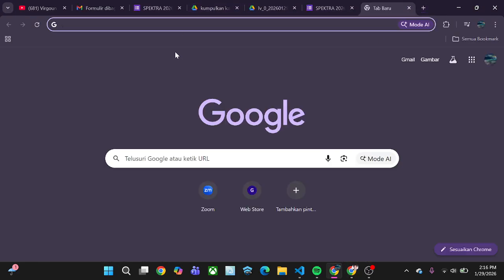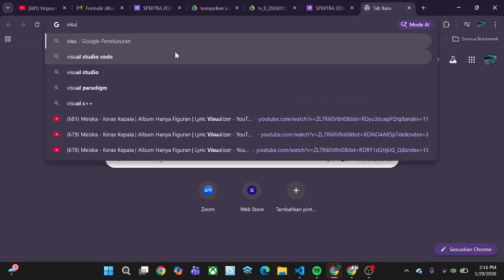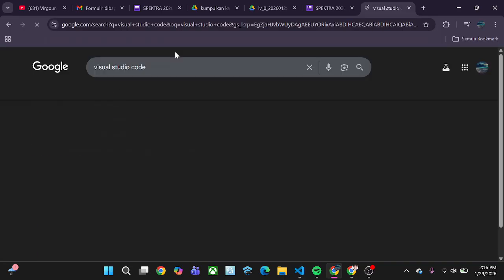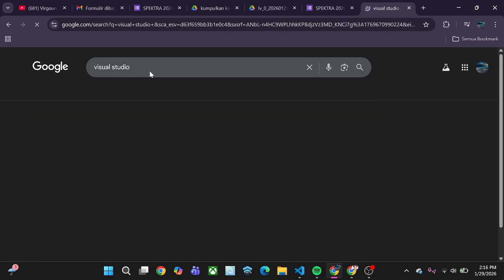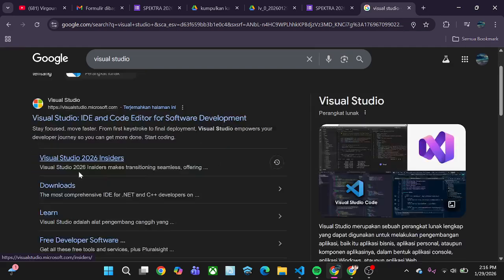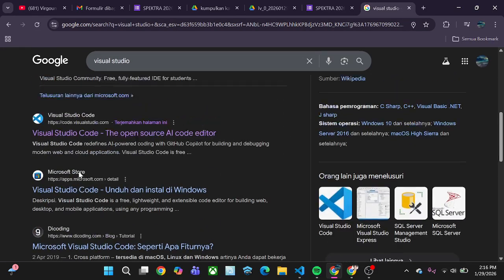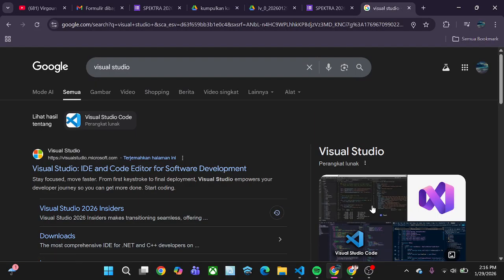Yes, this is Visual Studio. The color of Visual Studio is purple.